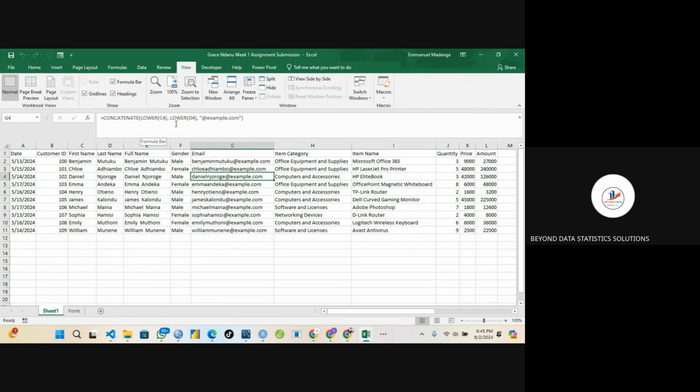This is concatenate. We use it to join. You can learn it more on our YouTube channel on how we came up with it. So we use it to join texts. In programming, we call them strings. So we use the concatenate function to join strings together. So for example,